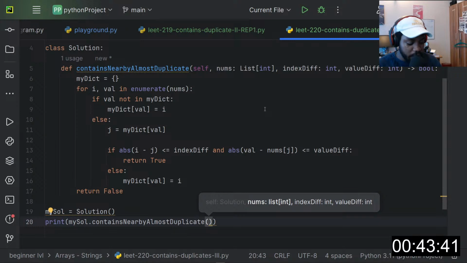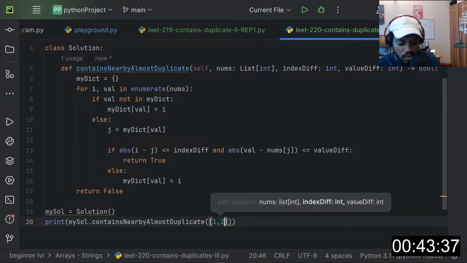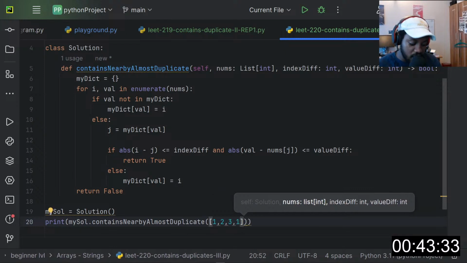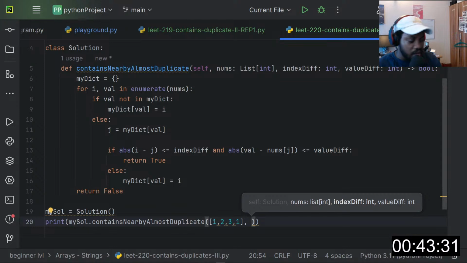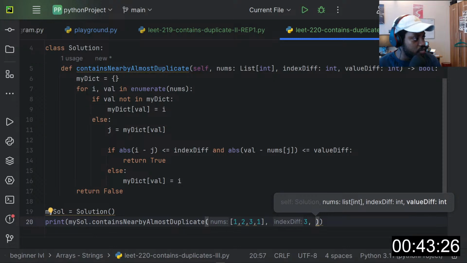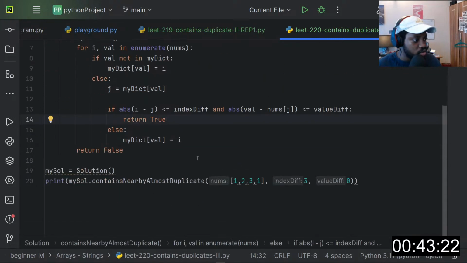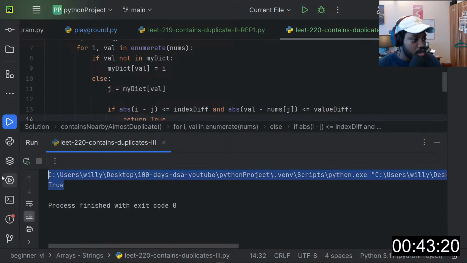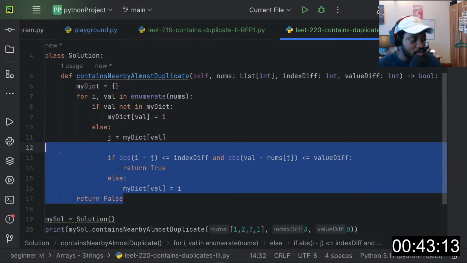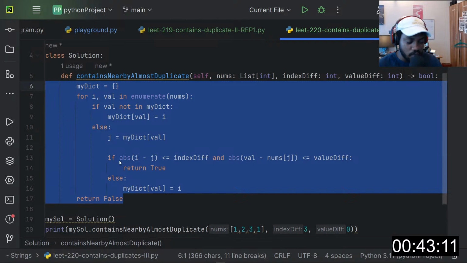First of all, the array we are using is 1 2 3 1 1, and the next one, index diff, is 3. The next thing is value diff, which is equal to 0. So this should return true. Now we have true here, which is true.